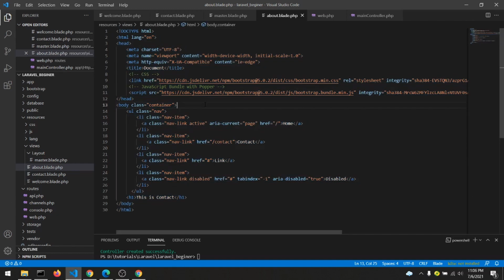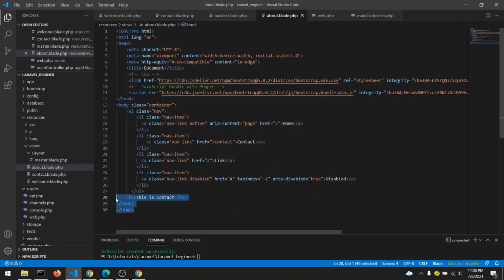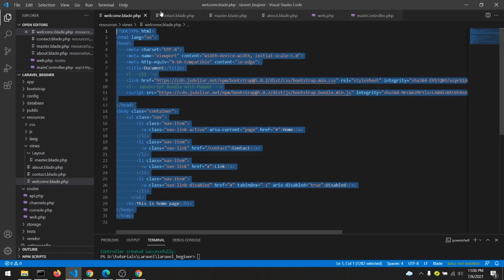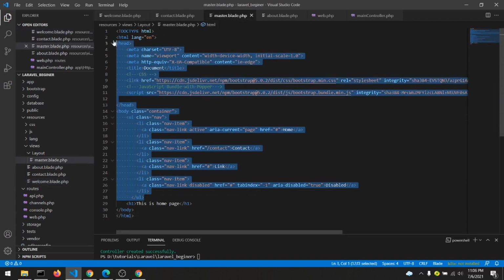But in that code, this part will be copied, that means it will be replicated. In these pages, these codes are repeating. So it will be easier if we can use this code again and again without any